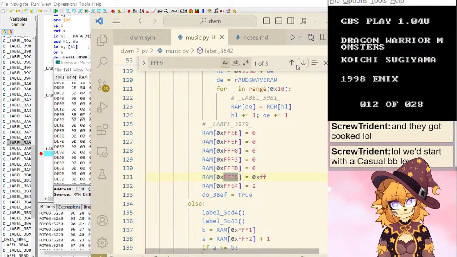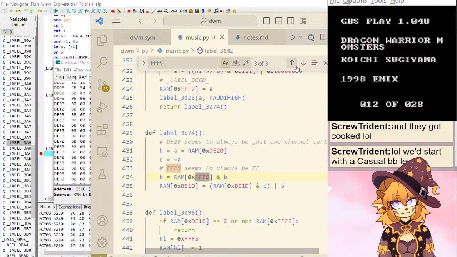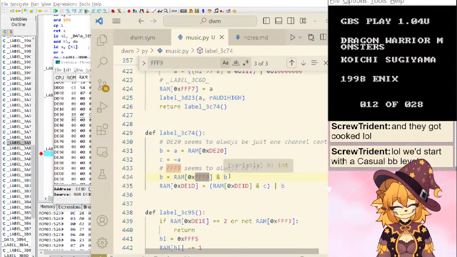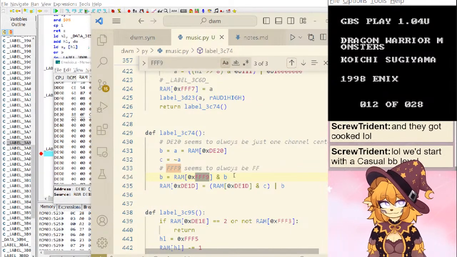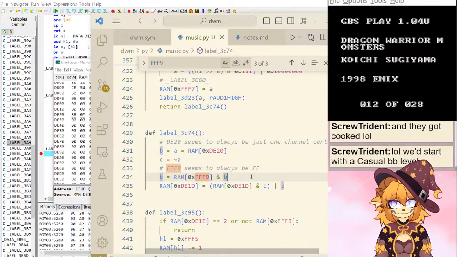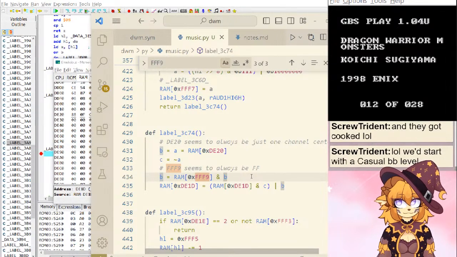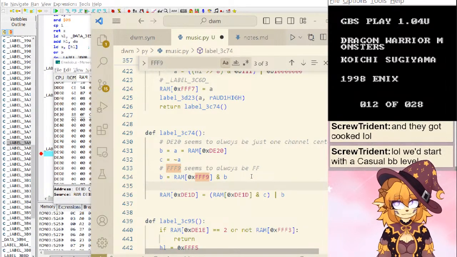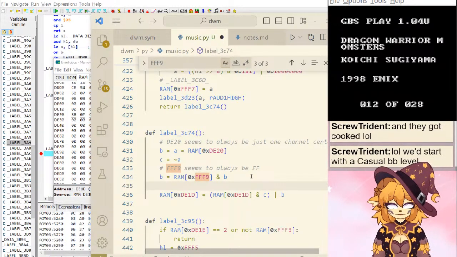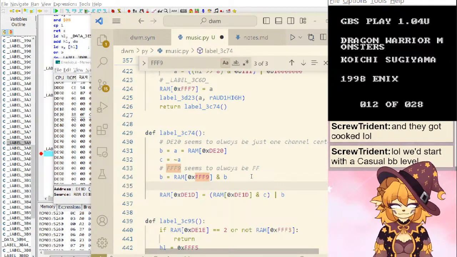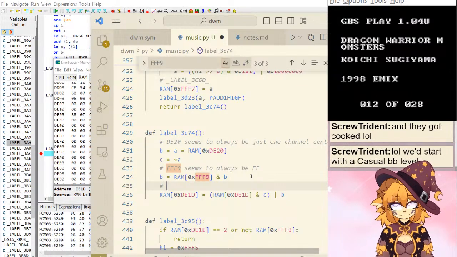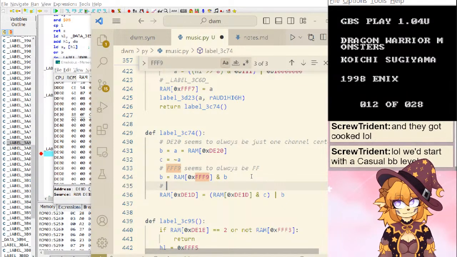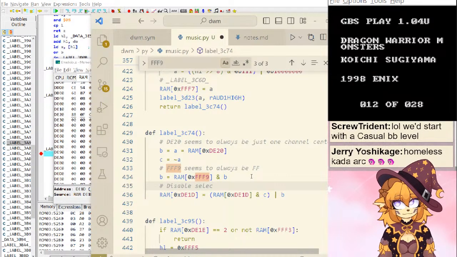Is this always FFF or FF? Maybe. Table, selected outputs.